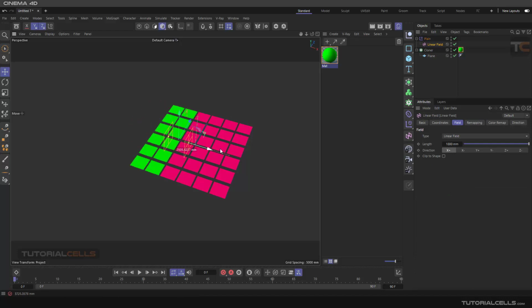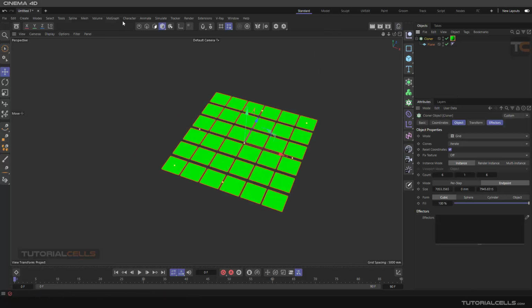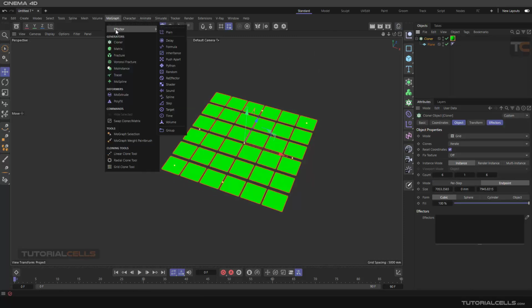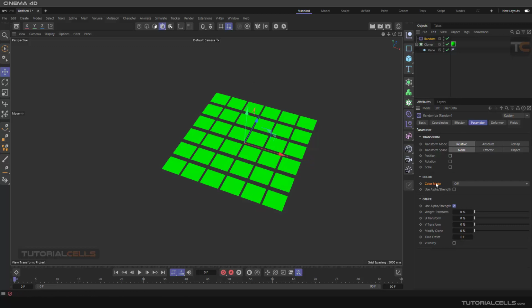And here you can change your linear, or you can simply assign a random effector to your multi-shader. It's showing the different PSD layers in your cloner. As you can see, the first part, it randomizes the position. But in the color mode, I want to go to field color. And in field color,